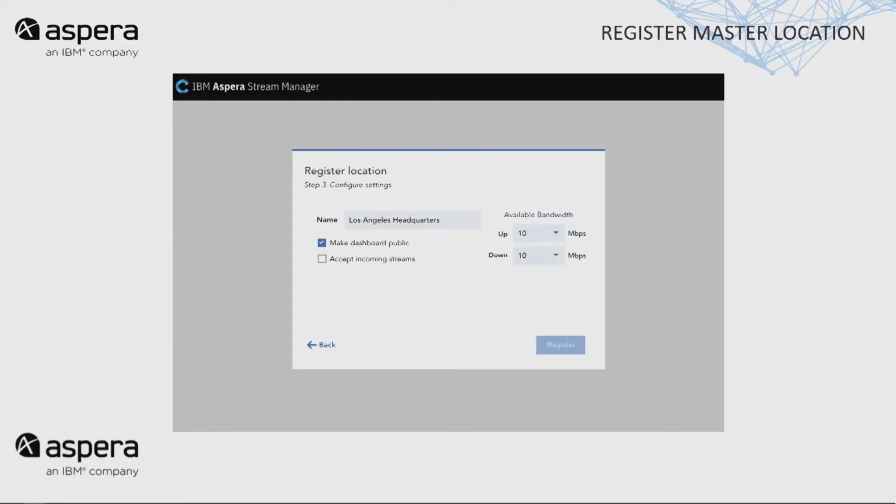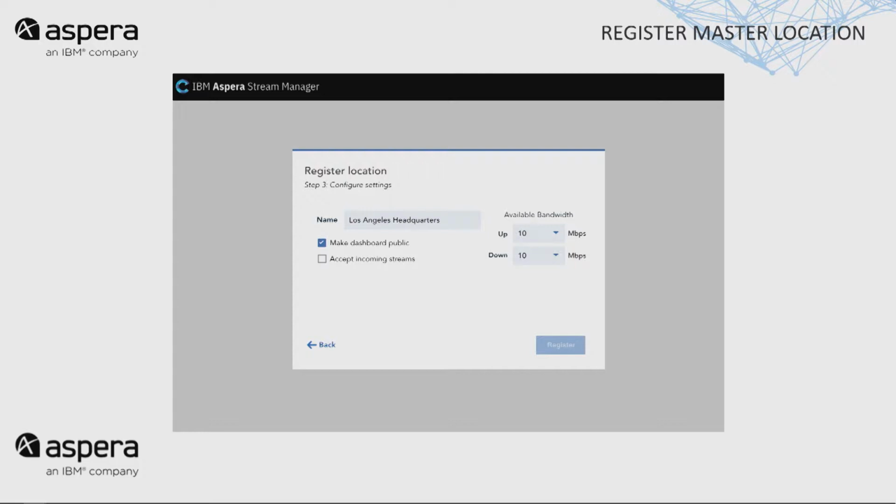So how easy is it? Well, it's GUI easy. So we'll go through some of the GUI here. We decided the first way to do this was you had to register the site, right? So here's your master location. It's going to keep configuration and knowledge of all the endpoints that are out there and all the gateways that are out there. So you basically configure it by giving it a name.